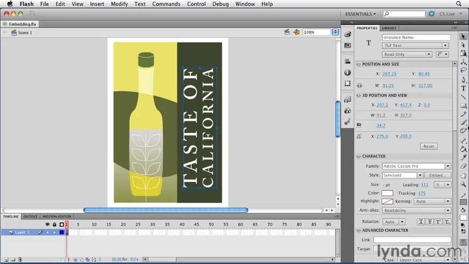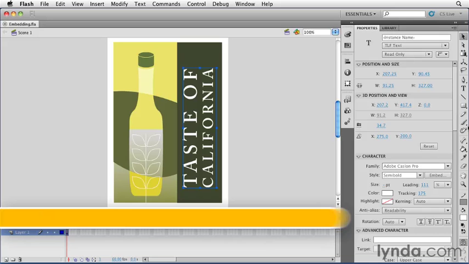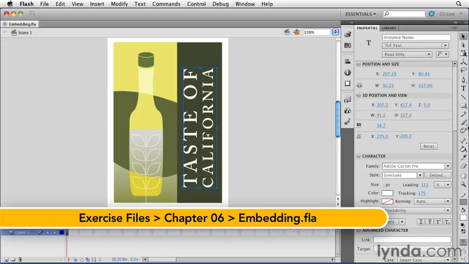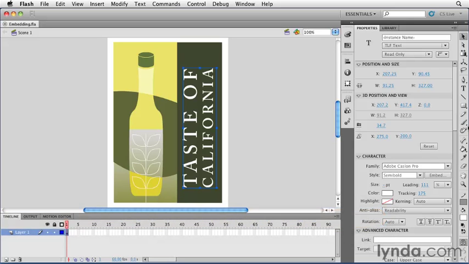When you deploy your application created in Flash, sometimes the text in the text field will not render properly because the person viewing that text does not have the same font installed on their computer. One of the ways to overcome that design barrier is to embed a font inside of your SWF file so that regardless of whether your user has that font, they will still see the design you intended when they view